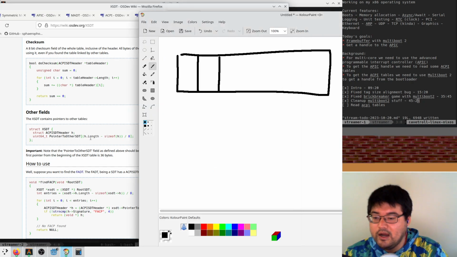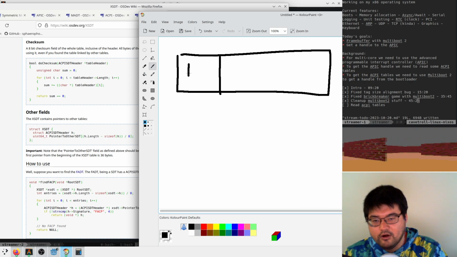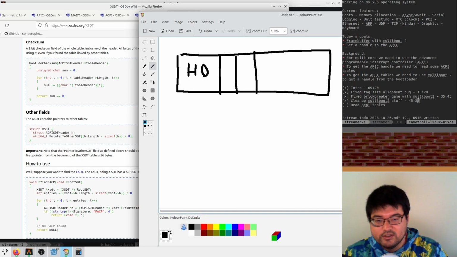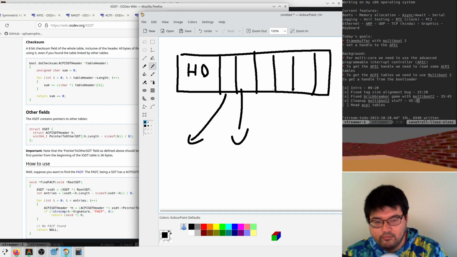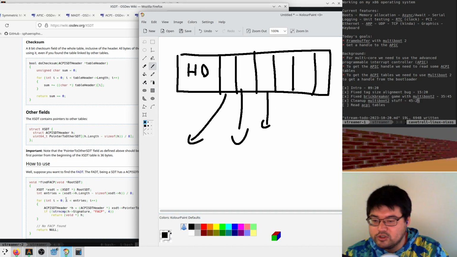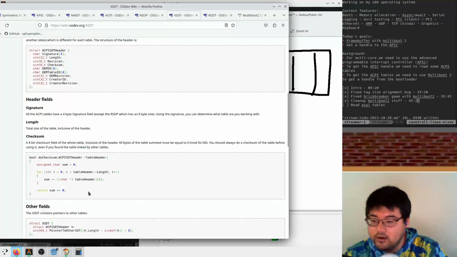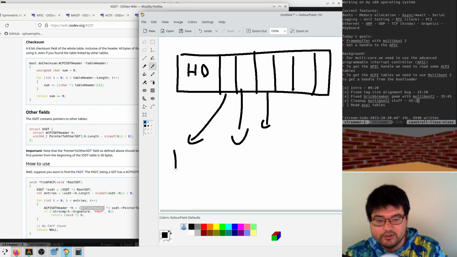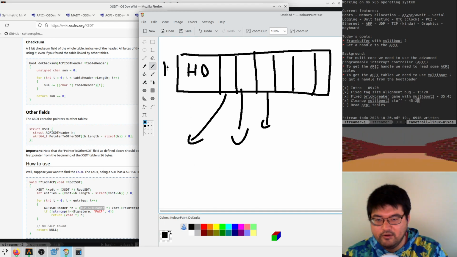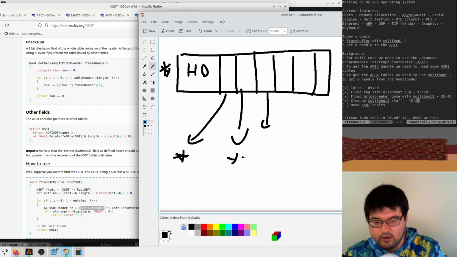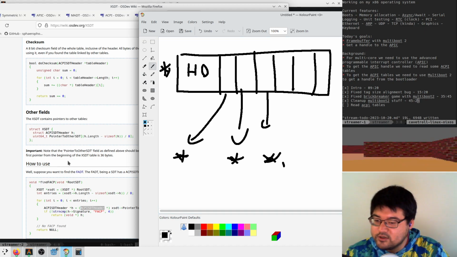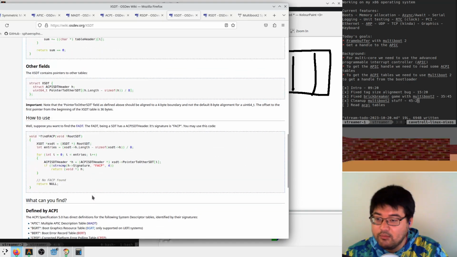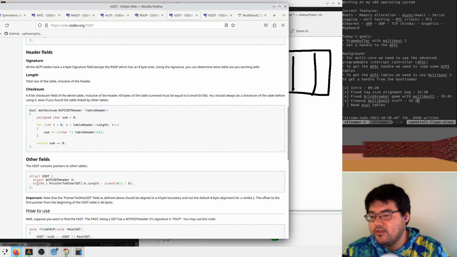And okay. So here we're going to have a header, and then after that it's going to have a series of pointers. And each of these is going to point to another header. So it's going to point to basically another copy of this. It's going to be here, here, and here. And the data is going to be based off of what signature we see there, probably. Okay, that seems reasonable.